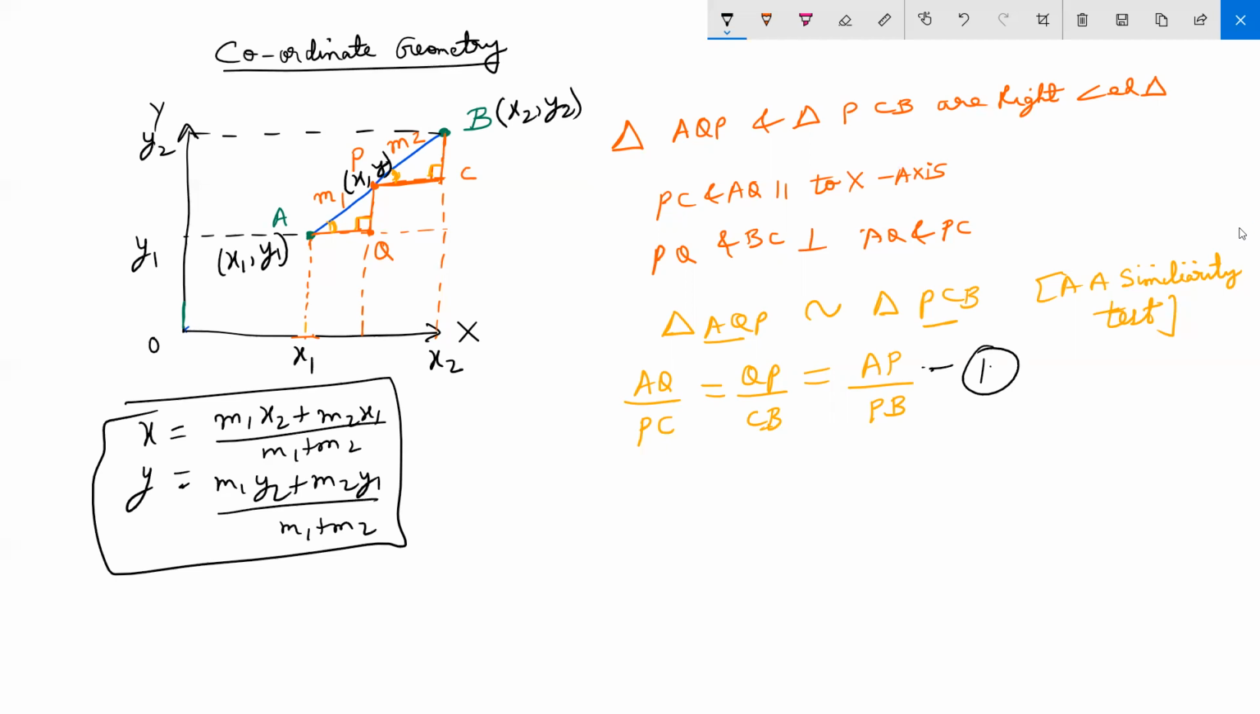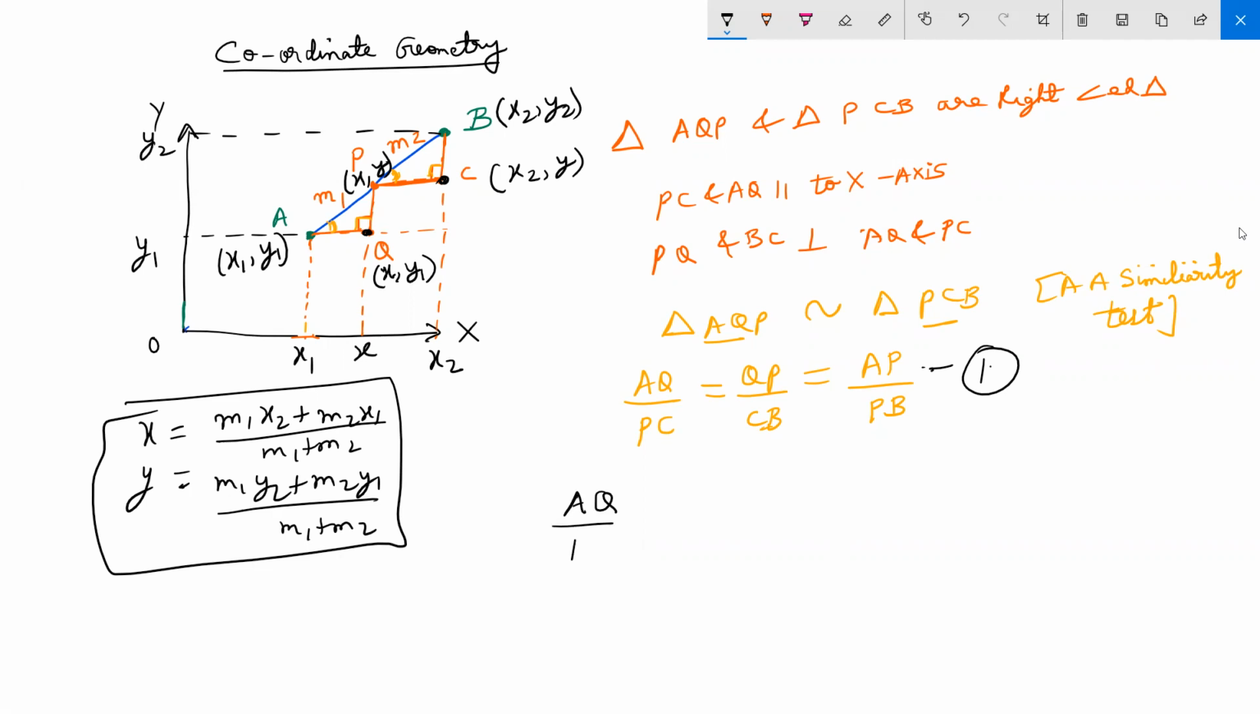So the coordinate of Q will be x and y1. Coordinate of C will be x2 and y. Is it clear? So coordinate of Q also we have done here. We have found out that it is x and y1. Similarly, coordinate of C will be x2 and y. Now, from here you can see that